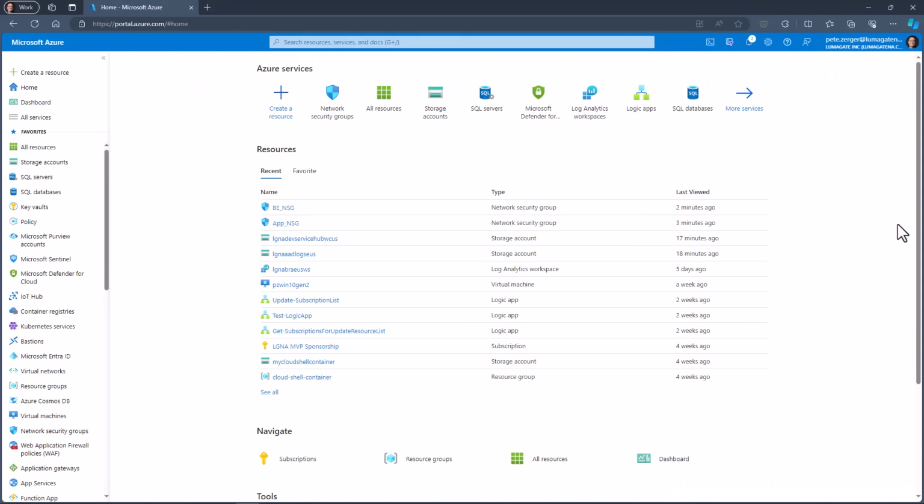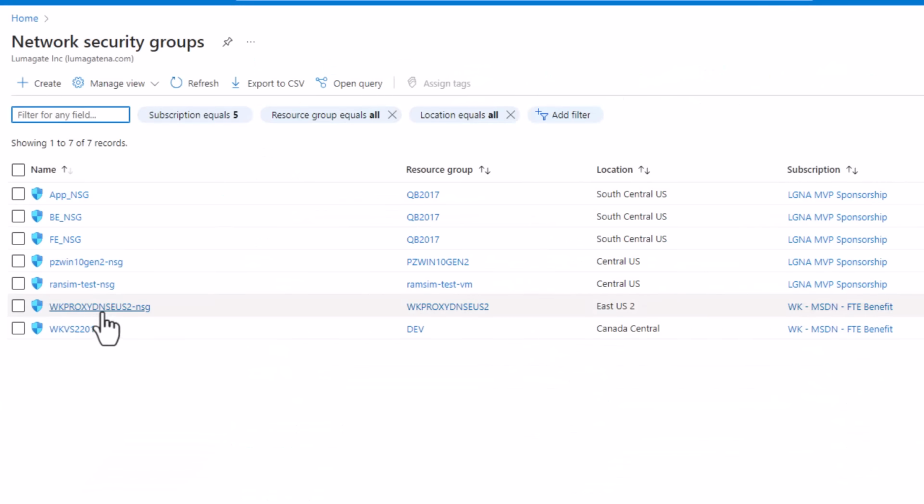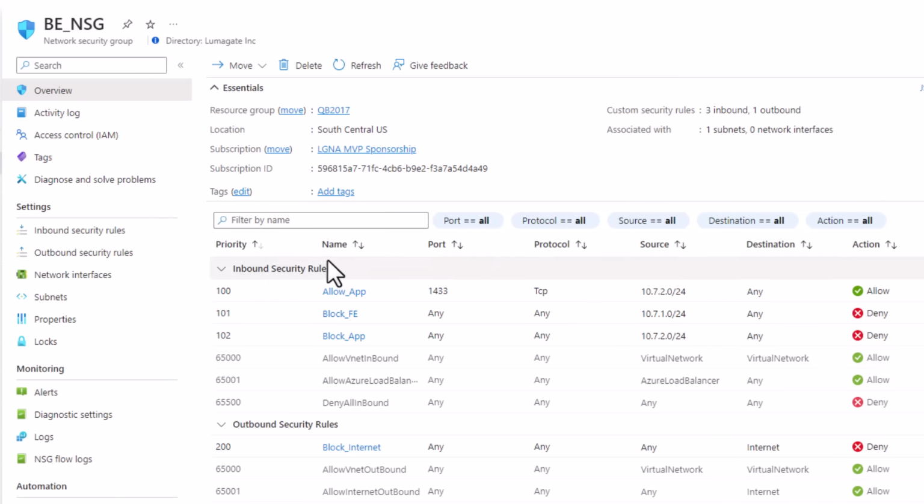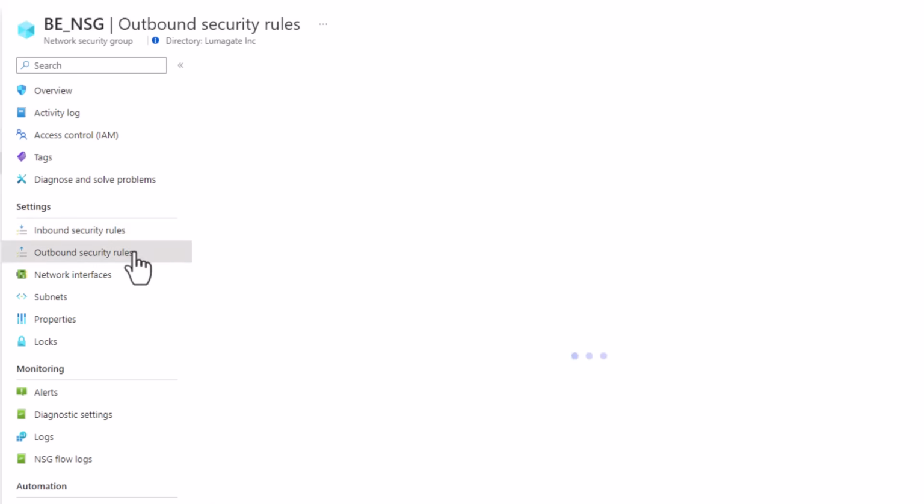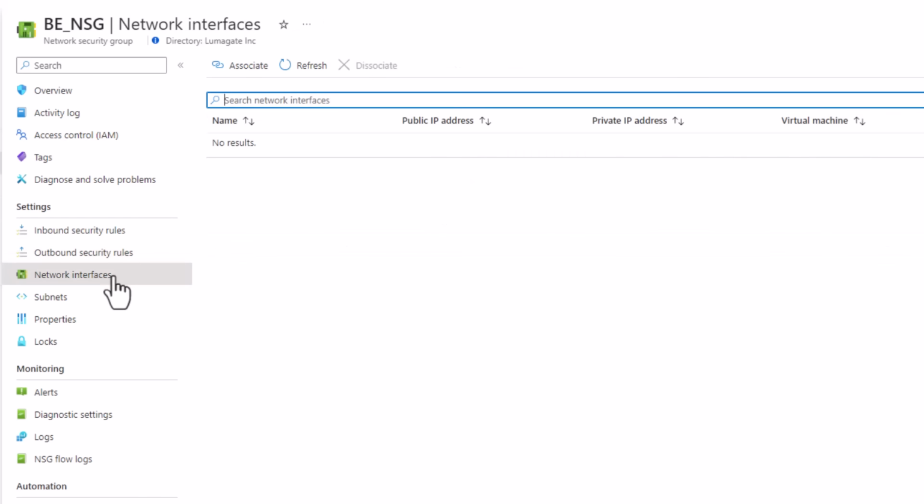I'll navigate to the Azure portal and I'll click on Network Security Groups over in the menu on the left here, and we'll look at an existing network security group. I'm going to look at my back-end network security group here, which protects my database. And you'll notice that the list of rules here looks very much like a firewall. I see inbound security rules, I see outbound security rules, and I can configure a network security group to be associated with individual network interfaces on virtual machines, for example,